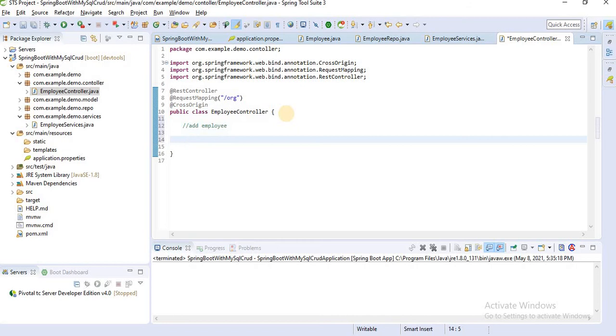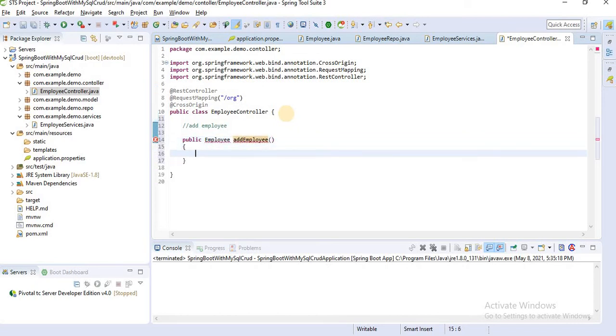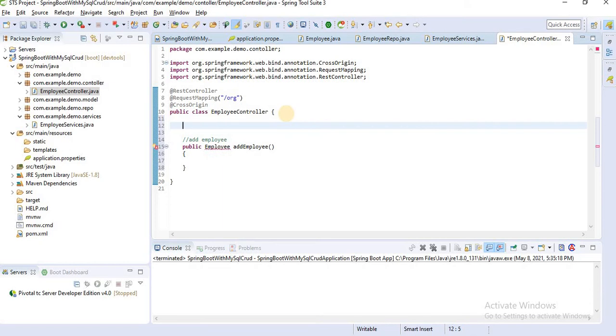Here we define a method, public employee add employee. Before that, we are passing all these things to a service. That's why we have to create a service object, and here we are using AutoWire.